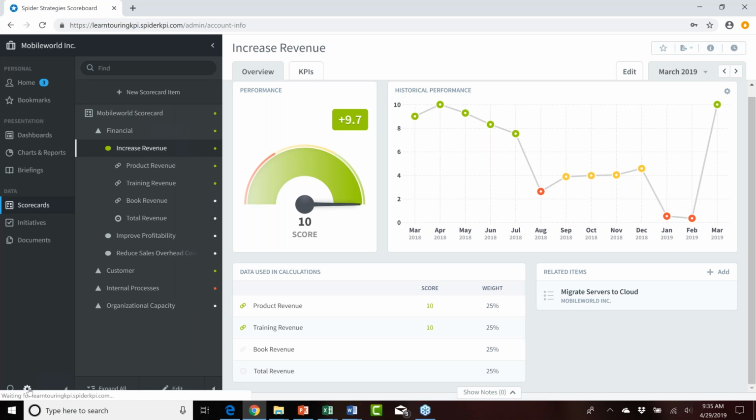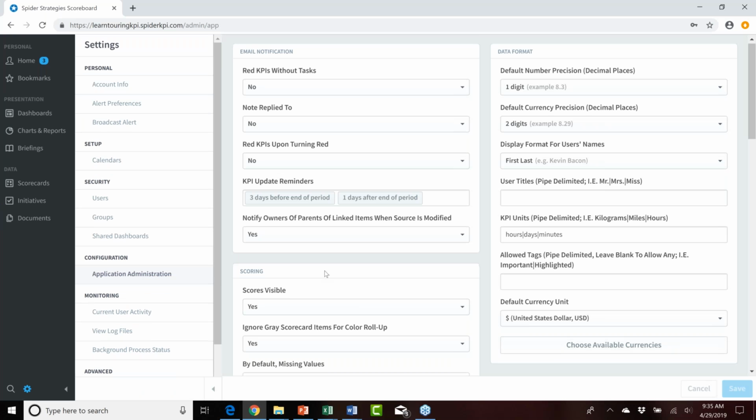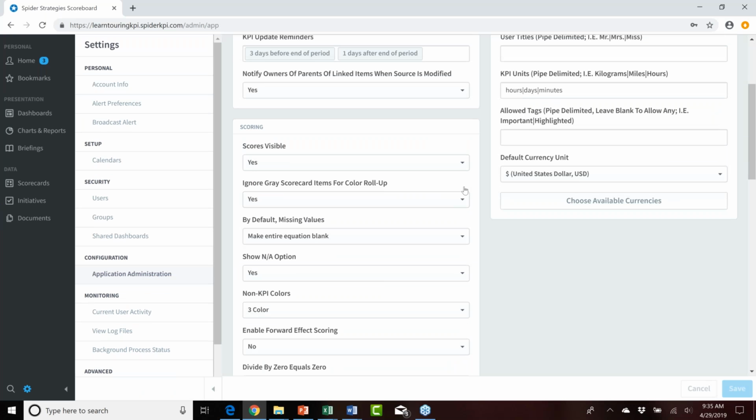So the application administration setting of ignore gray scorecard items for color roll-up is really important. At this point, it is set to yes, which is how the system is set up right now. It's rolling up what it has in terms of the KPIs that have been provided actual information and thus, of course, scored. They are being rolled up. If I were to change this to no, and click save,